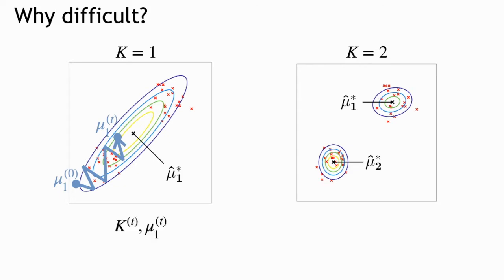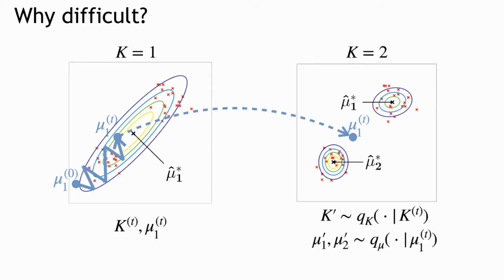Suppose the first few steps remain in k equals 1 until the t-th iteration where we reach mu1 t. For the next step, suppose the proposed sample of k is 2, which means we try to transit into a new configuration where we have an extra cluster. This is followed by proposing the movements of mu's. Mu1 is straightforward because it existed before, so we propose a small movement and move to mu1 prime. However, mu2 is a new variable that we did not have before, so we randomly sample from its prior.